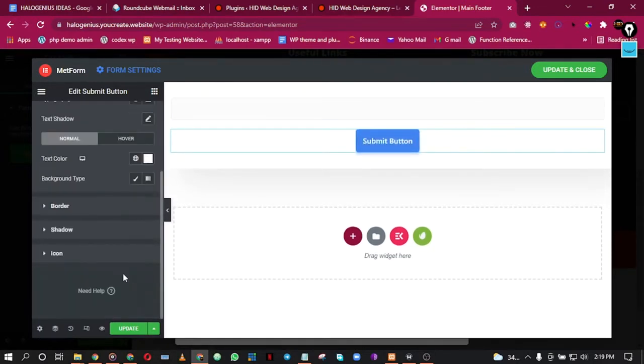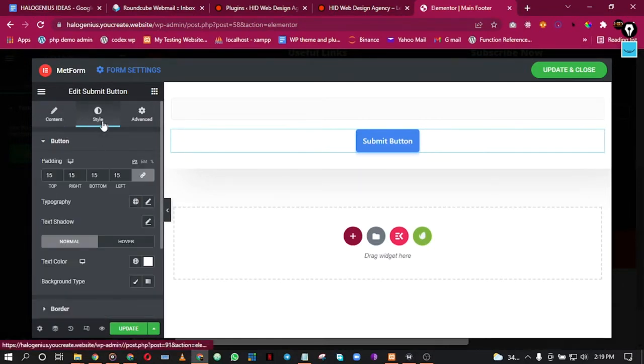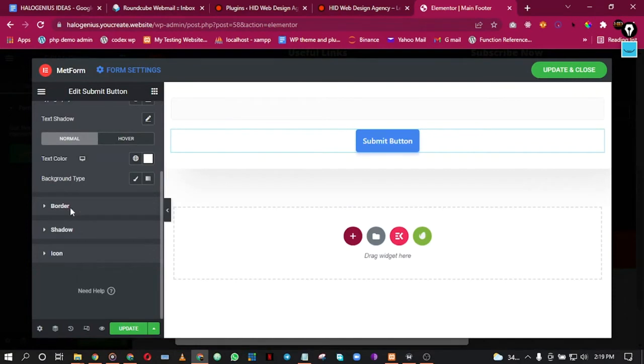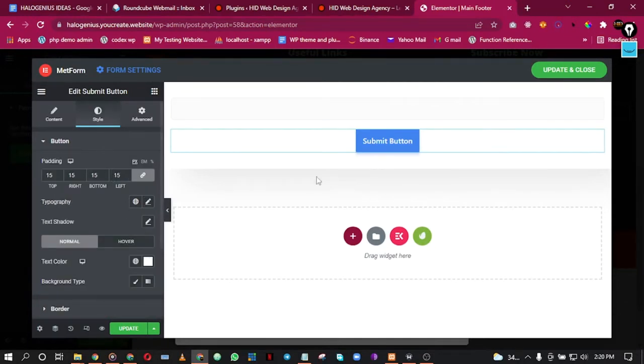Okay. What I want to do next is the border radius. The border radius. Okay, this is the border radius here. So 0, 0, 0, 0. Yes. And the color of the button itself should be my